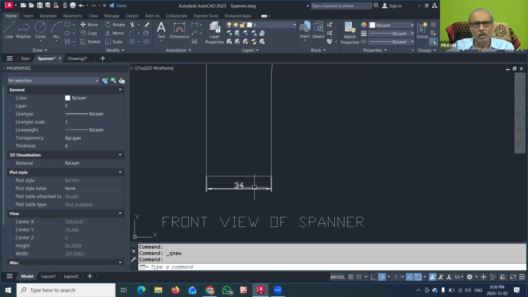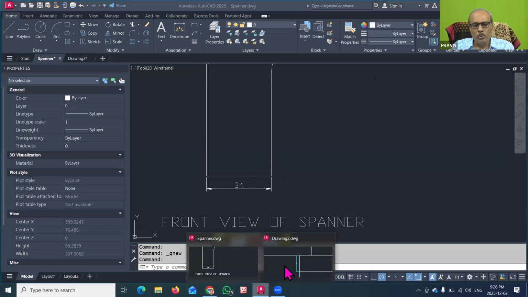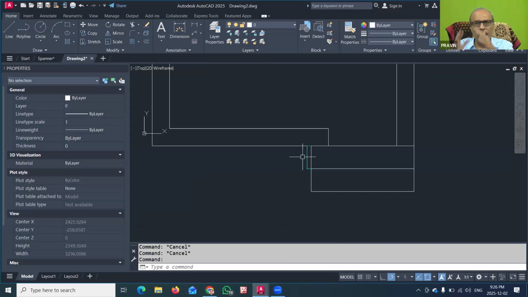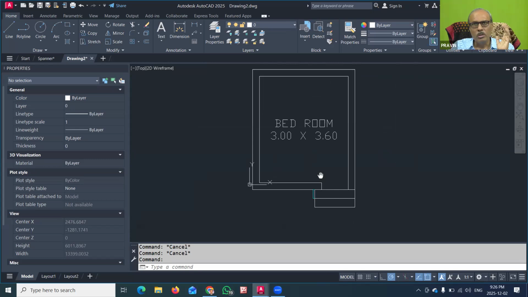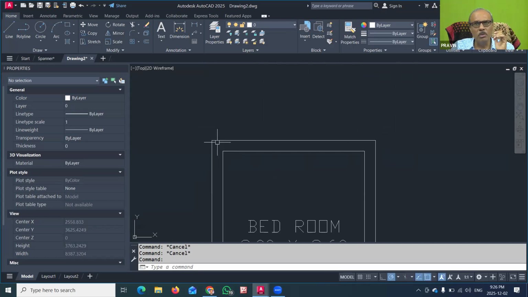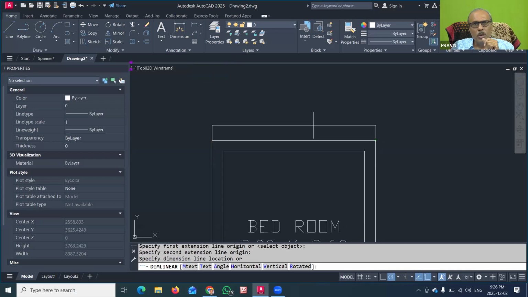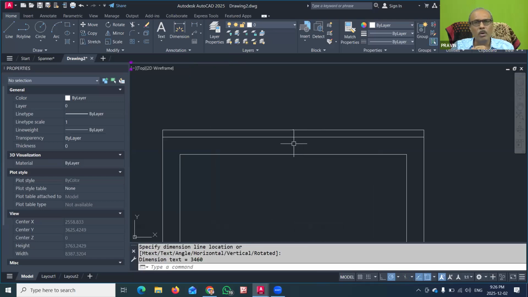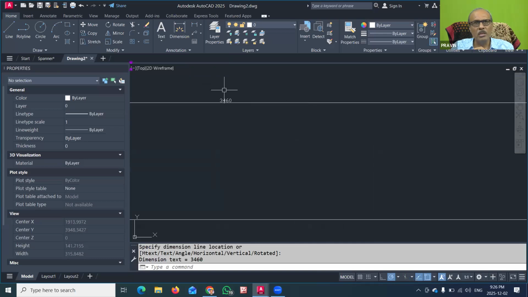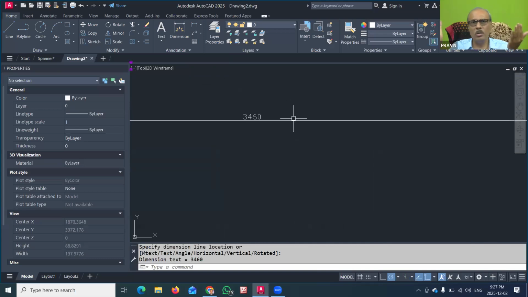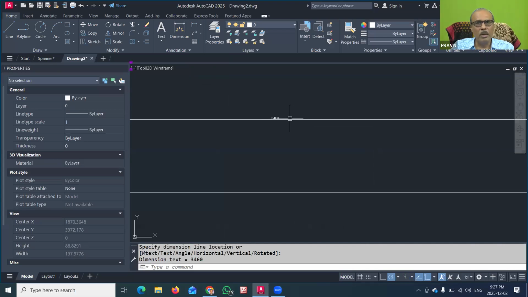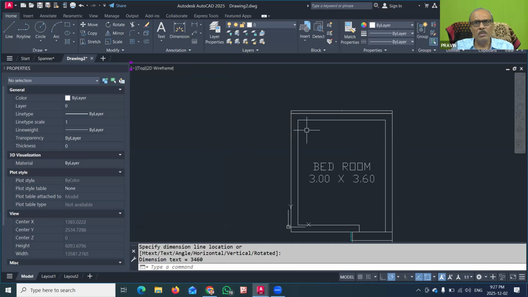But in our building drawing, whatever we have drawn, the size of the drawing was larger, because the distance from this point to this point is 3000 millimeter, meaning 3 meter. Suppose I try to show the outer dimension of this room and I use the dimension command. So linear dimension, I will click from here to here. You can see that the dimension I can show, but it is not appearing properly. The dimension is 3460, so 230 this side, 230 this side. That is okay, but it is not appearing properly when we view the drawing. So the dimensions are not shown.